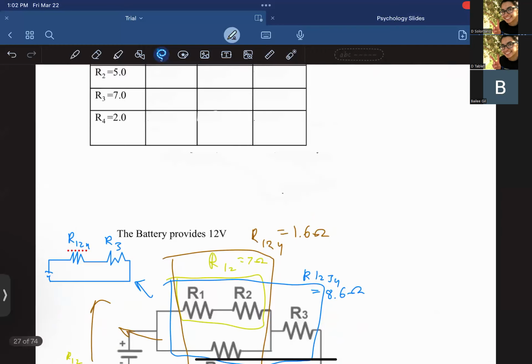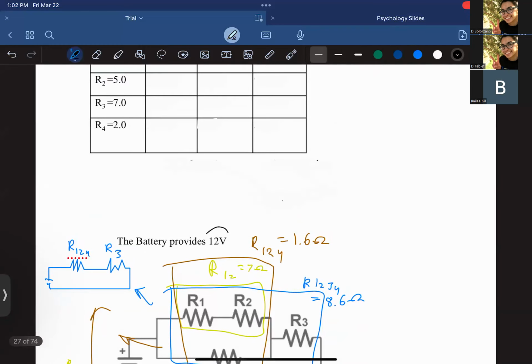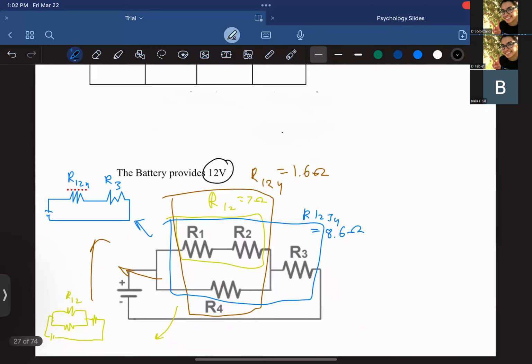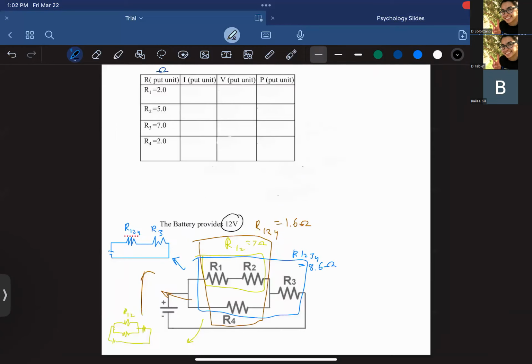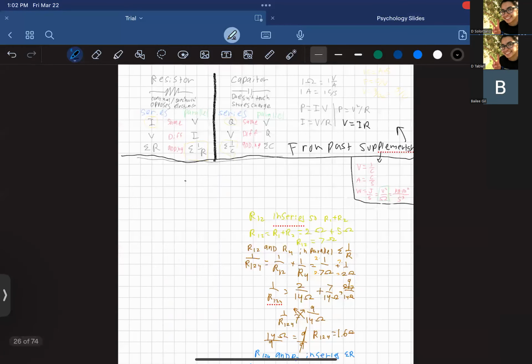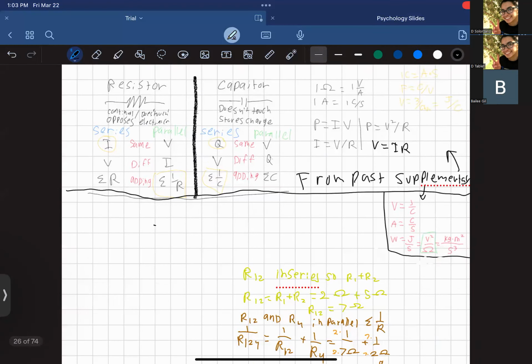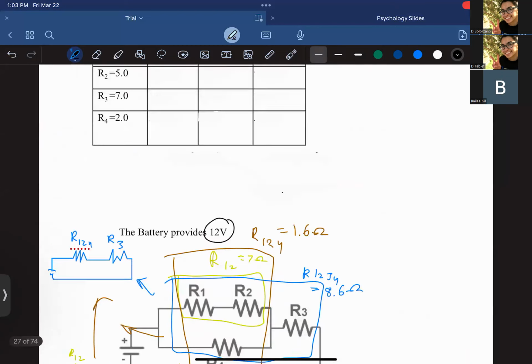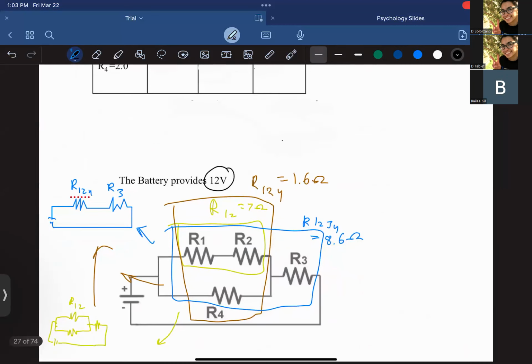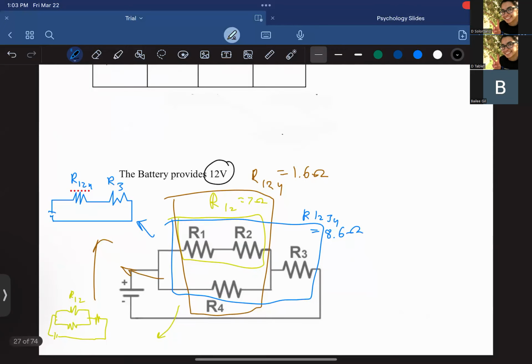And then we also can note that the battery provides 12 volts, which means that all the voltage running through all of these together should also be 12 volts. And we know that resistors that are in series have different volts, but when they're in parallel, they have the same volts. So when we collapsed our 1, 2, and 4, those two should have the same volts, and then we really only need to look at,